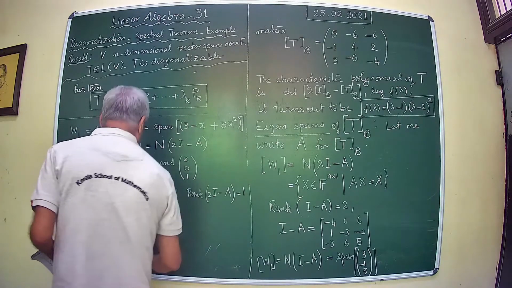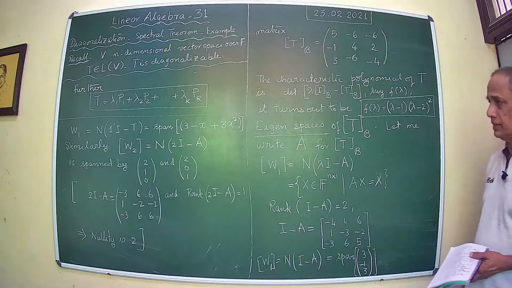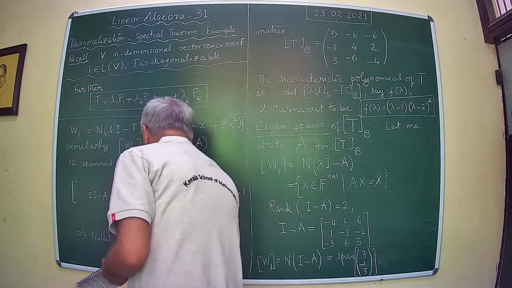And that is why two linearly independent vectors span that space. Consequently,